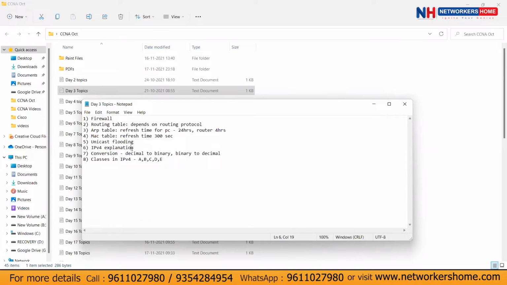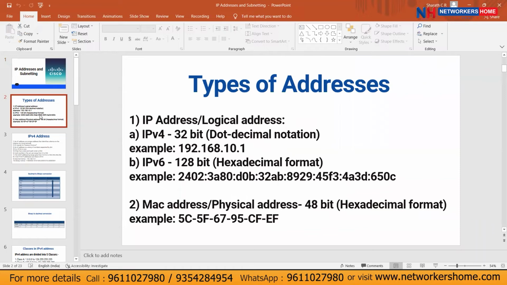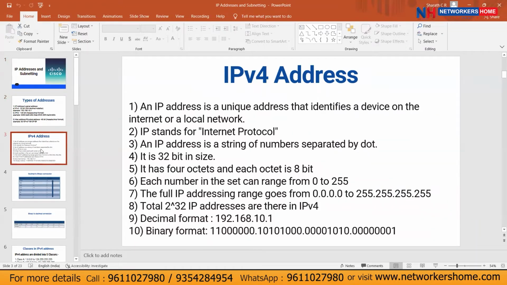Then we saw the IPv4 explanation. What is the size of an IPv4 address? What are the types of addresses? IP address and MAC address. In IP address, we have two formats, IPv4 and IPv6. IPv4 is 32-bit, IPv6 is 128-bit. MAC address is 48-bit. So in total, how many IP addresses are possible using the IPv4 format?